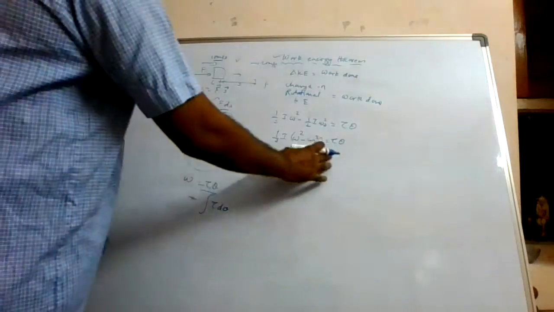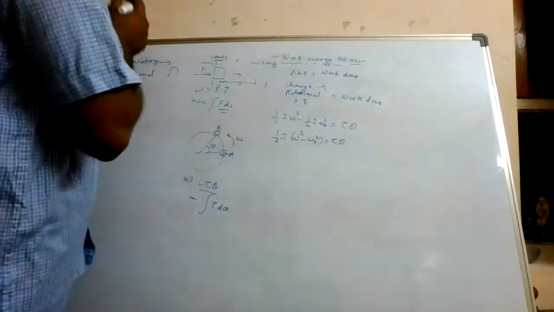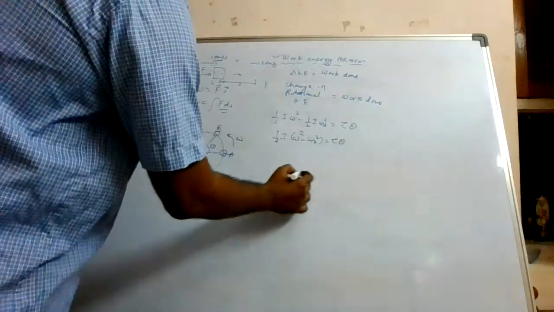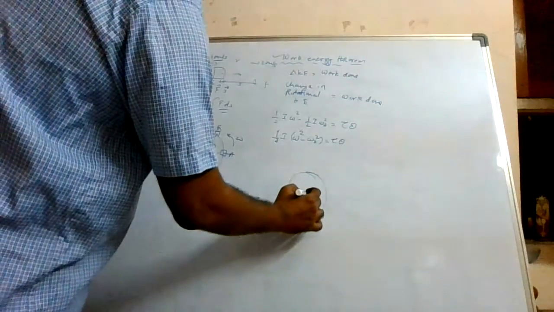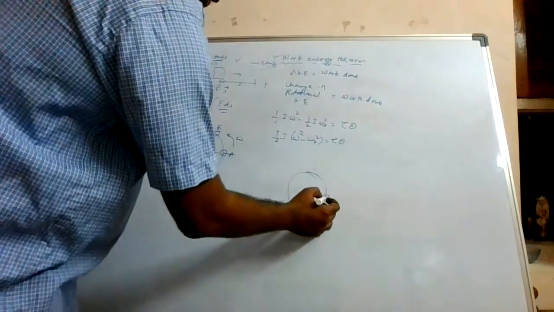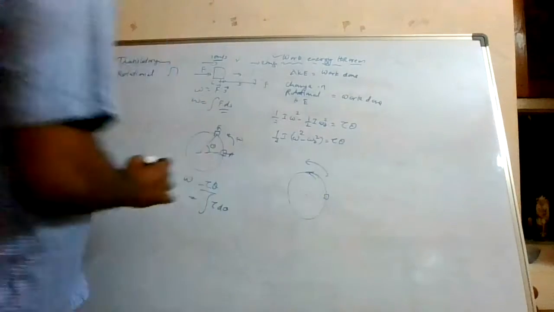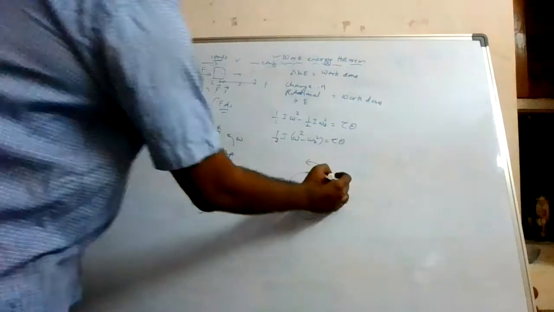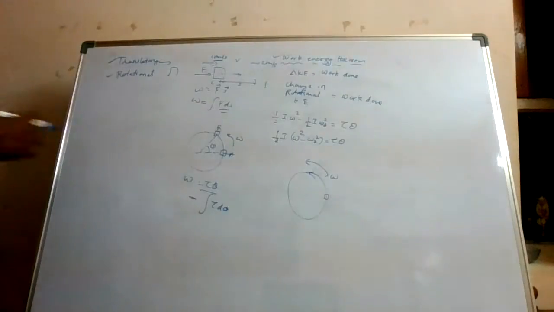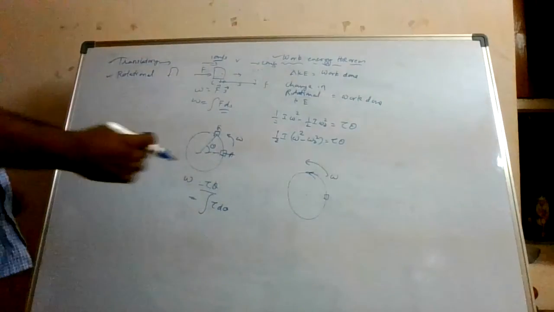Alright, so make a note of these points. And yeah, now let us say there is a disk whose center is this. Now here you are rotating some object in this circular fashion, with some omega angular speed, or this disk is rotating with omega angular speed. There is no object kept over here.